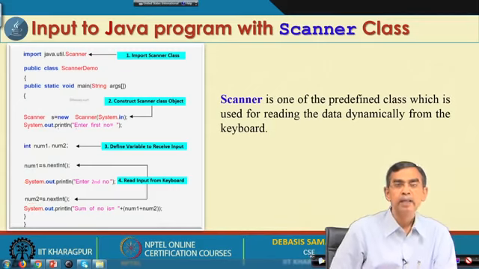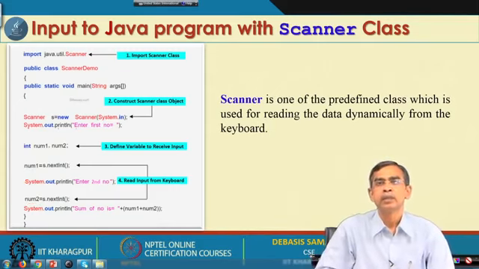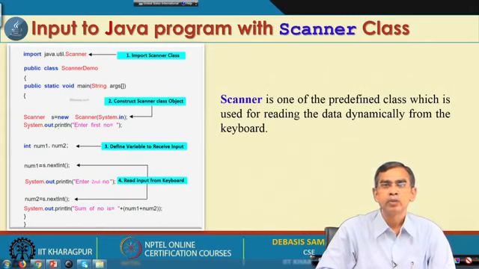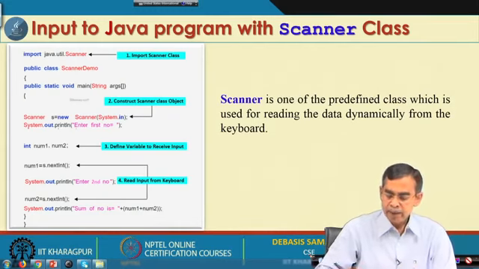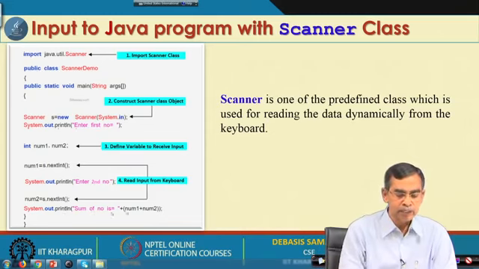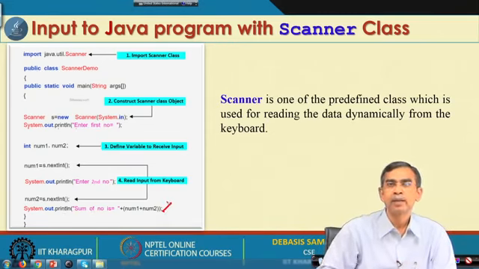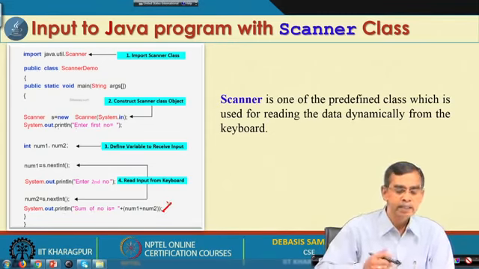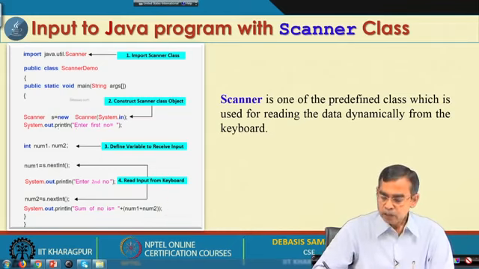This way, using the Scanner class, we can read two numbers one by one, store them in the two temporary locations, and finally manipulate them. For example, this will print the sum of the two numbers. So, this is the use of the Scanner class, and here is one example you can discuss about how it executes.